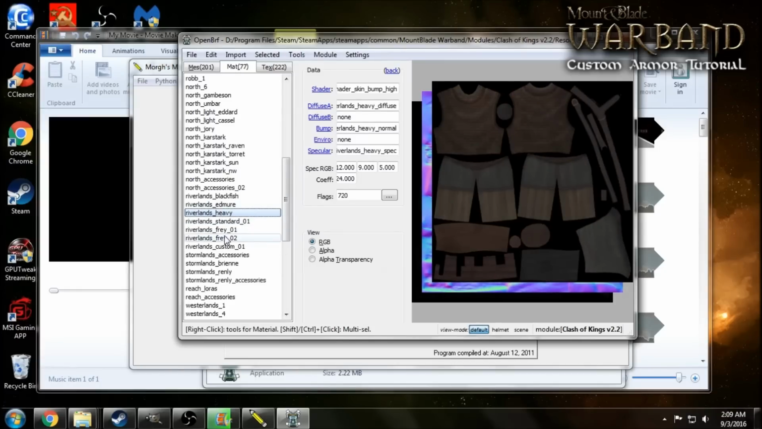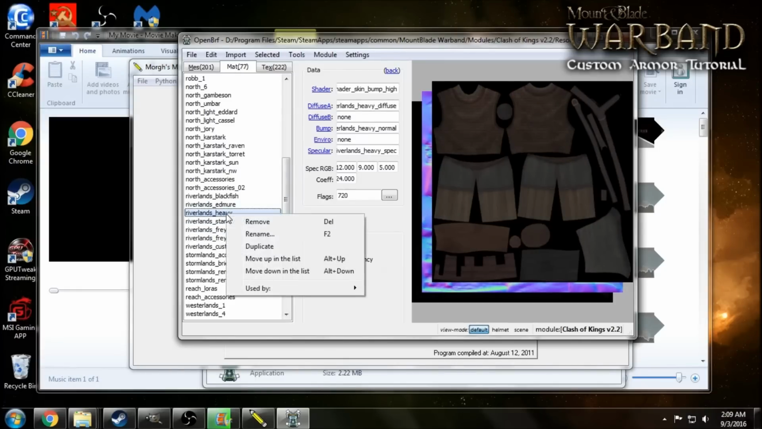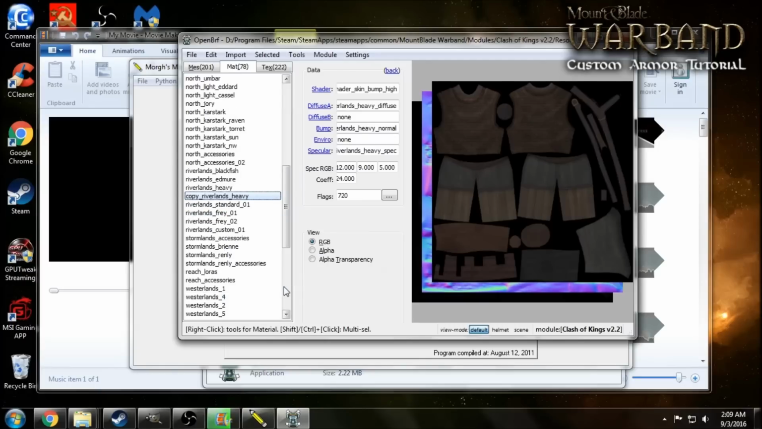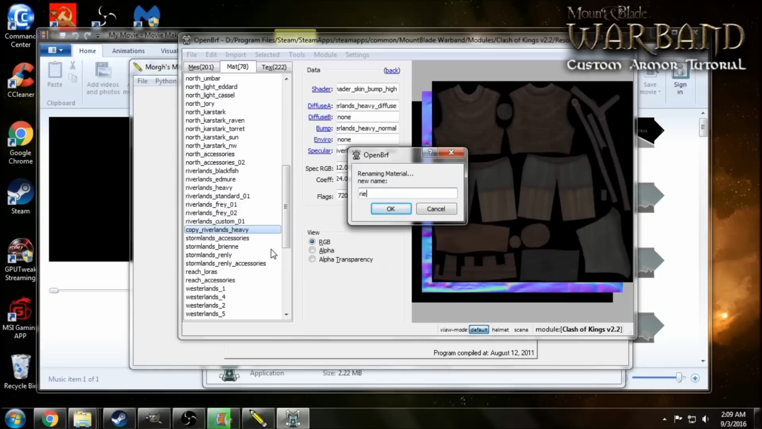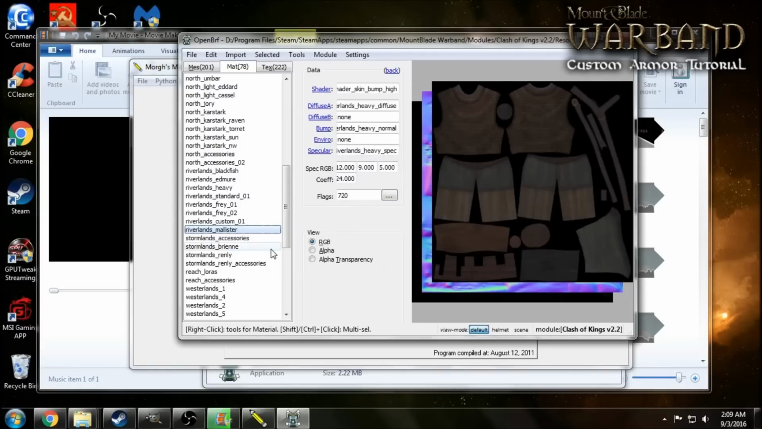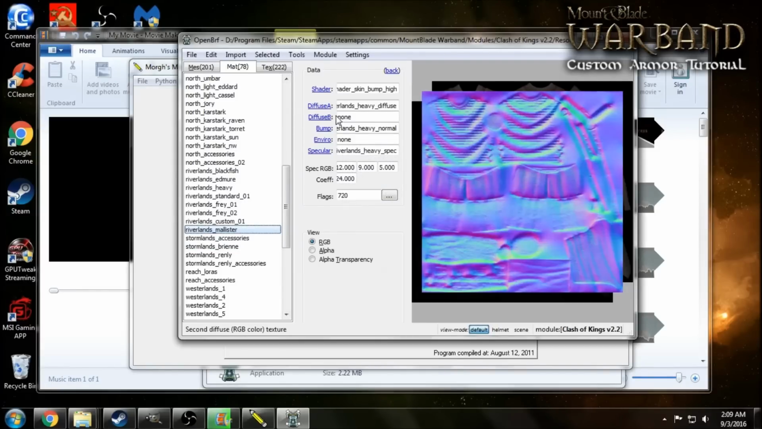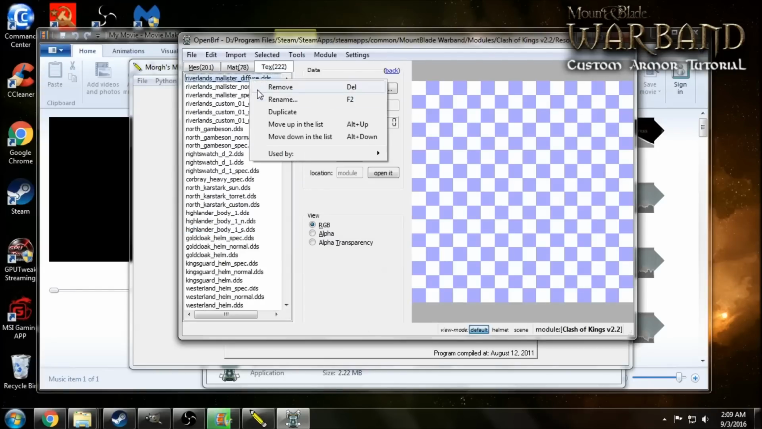Obviously the material is going to be very similar to what we want to use. So I suggest just duplicate that rather than making brand new materials, and go on down here. We'll rename this to Riverlands Malister as well. There we go. And then all we need to do is go to our textures,